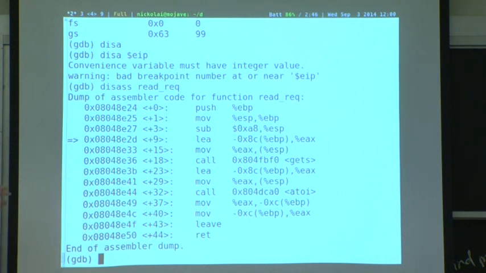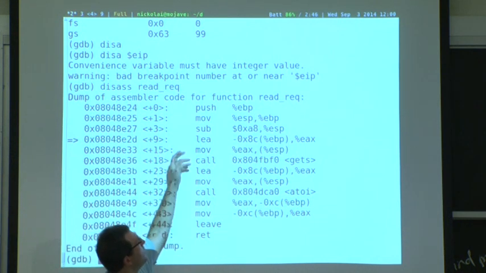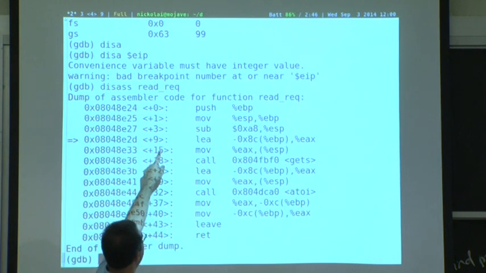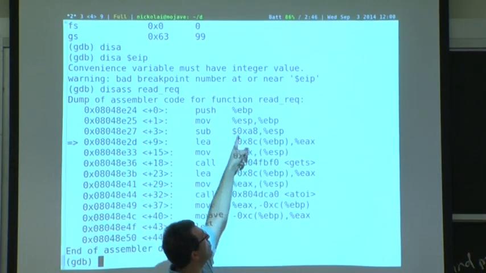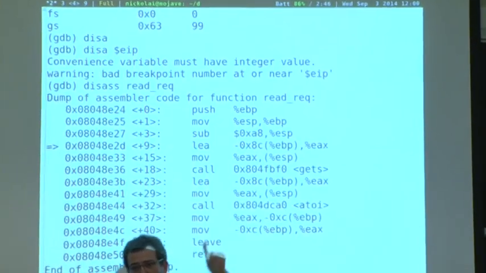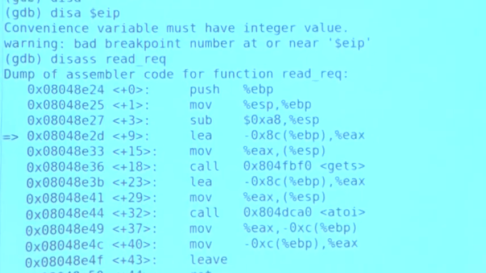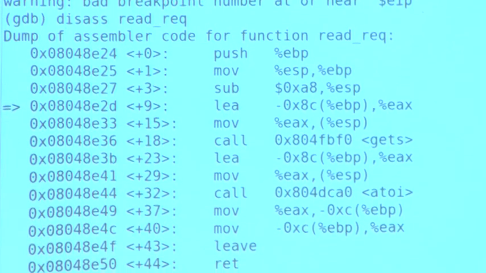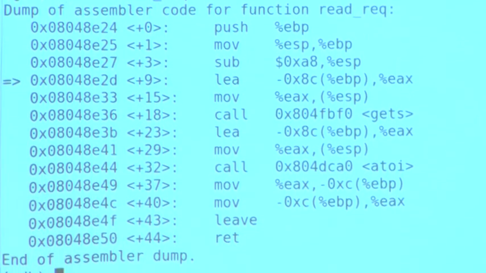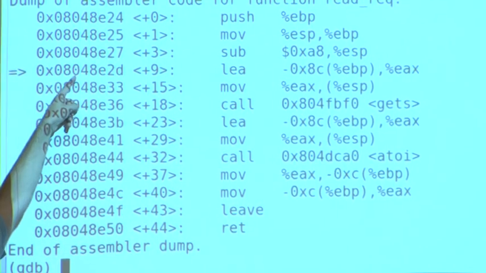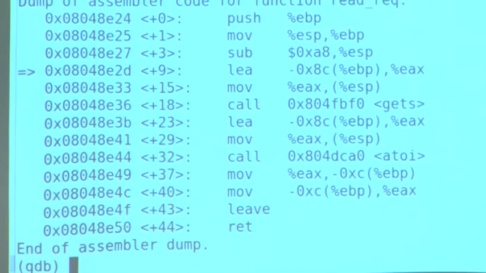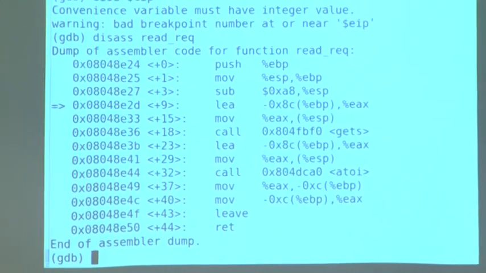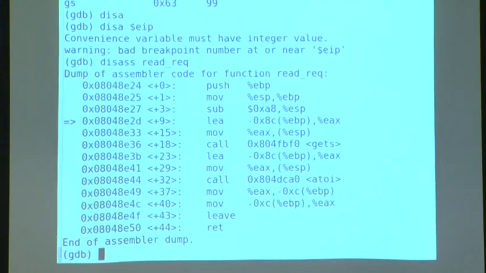So this is what the function is doing. First off, it starts by manipulating something with this EBP register. That's not super interesting. But the first thing it does after that is subtract a certain value from the stack pointer. This is basically making space for all those variables, like the buffer and the integer i we saw in the C source code. We're now 4 instructions into the function here, so that stack pointer value that we saw before is actually already in the middle, so to say, of the stack.